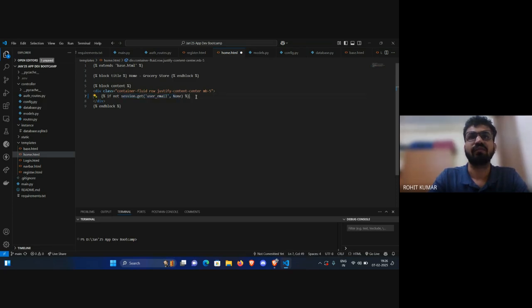So what it means is that our user is not logged in, right? So for now we can just put a heading saying login slash register. We can modify it later, but for now let's say login slash register. And now